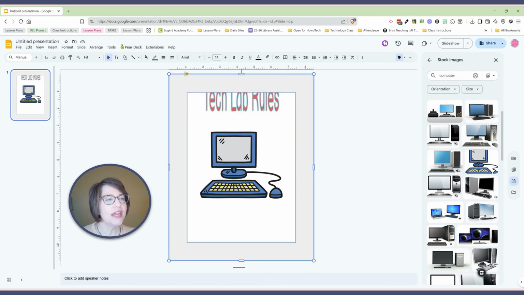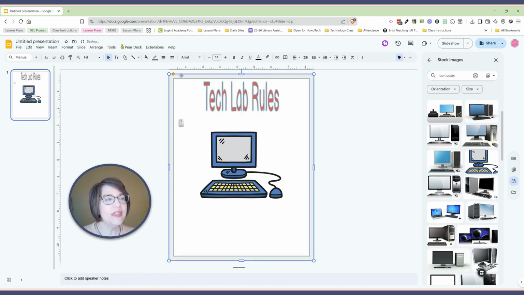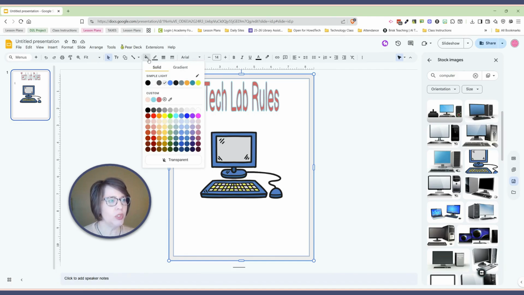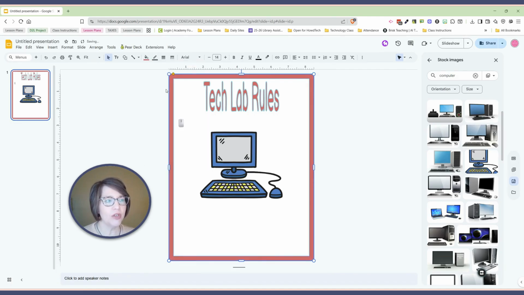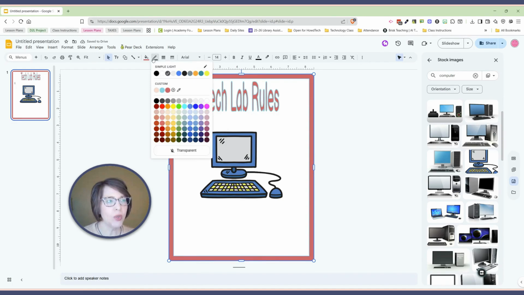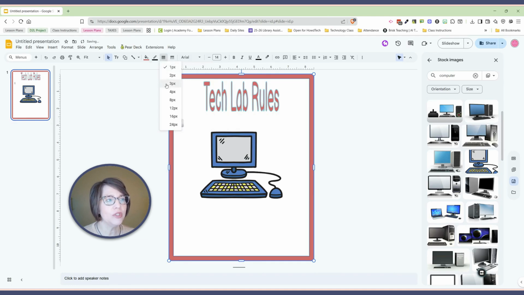Then right up here where that diamond is, if you'll hover over that, click your left click, hold it down, and then you can resize that frame by moving it to the left or to the right. I'm going to make it a little bit smaller. And then once you do that, click here and you can use your paint filler tool and you can color it any color you want. You have that tool right here with the pencil, and that is the border on the outside,